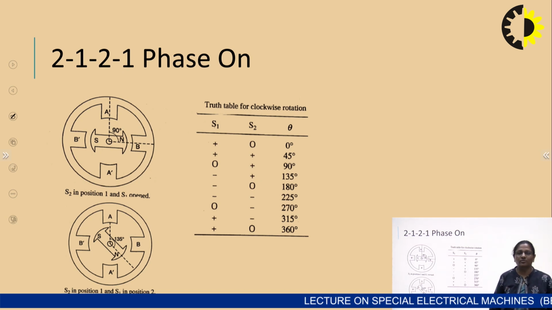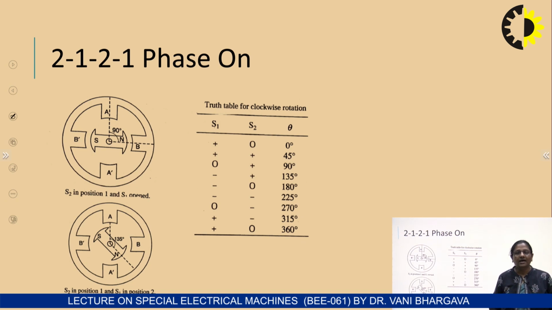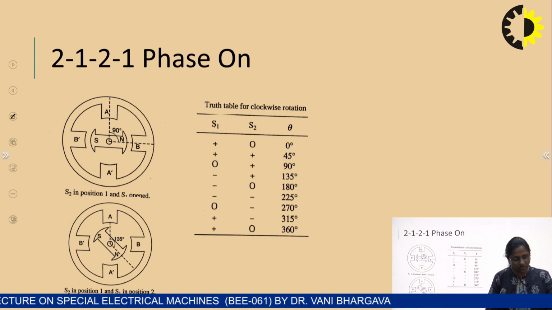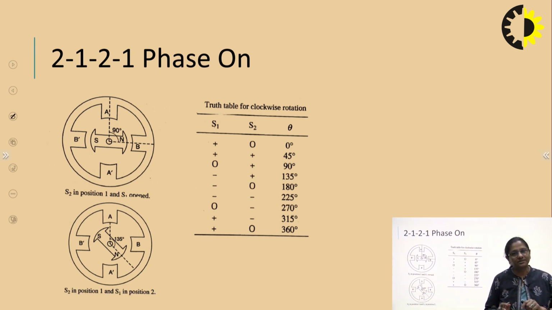So, in this particular mode of excitation, initially one phase is excited, the second remains de-energized. As the next step in this switching sequence, the phase which was excited will remain excited, and the second phase is excited, right? Following the same sequence, the first phase which was energized earlier will now be de-energized, and only the second phase will remain excited, and so on. In this manner, we are going to have the step angle of 45 degrees, right?